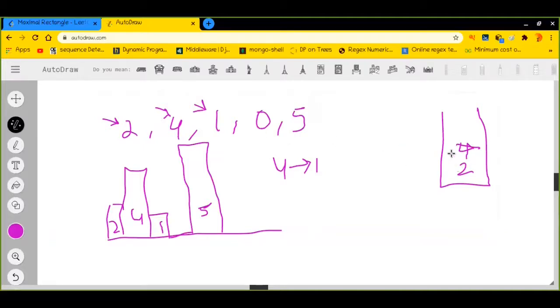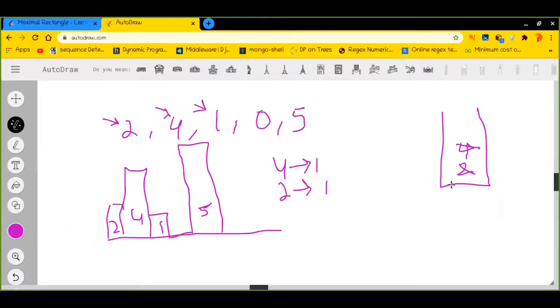I'll continuously pop out elements until I find a top element which has a value smaller than the current element. So when I see that 1 is also smaller than 2, I'll pop that out and put in the map that 1 is also the next smaller element for 2.